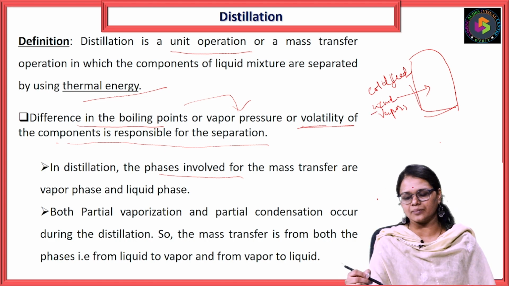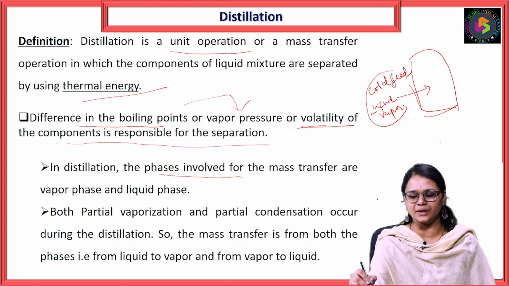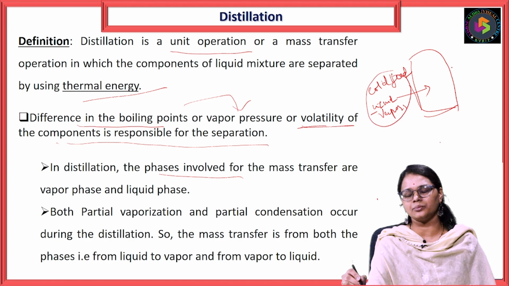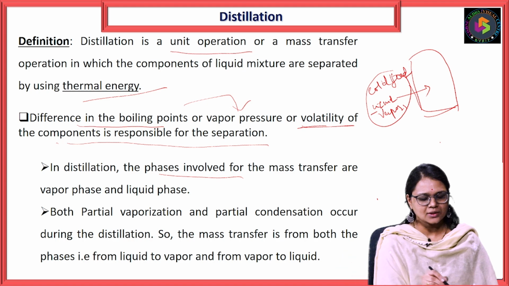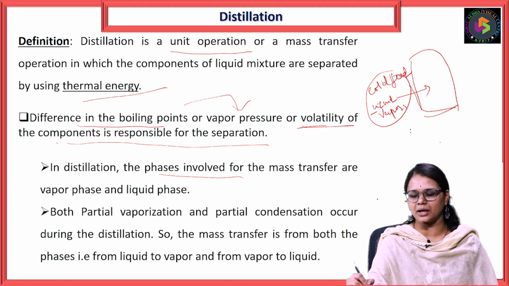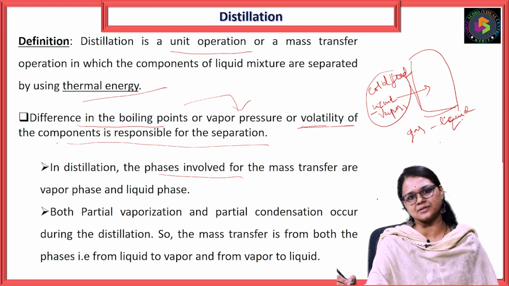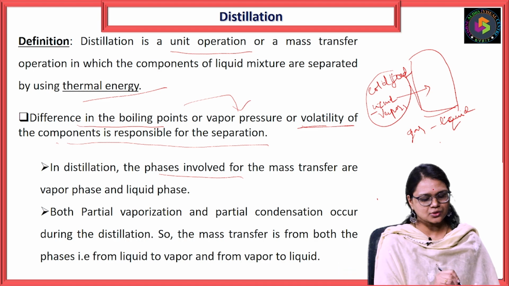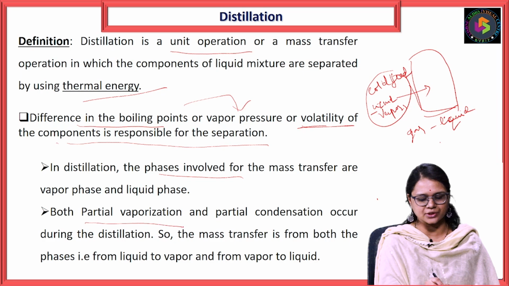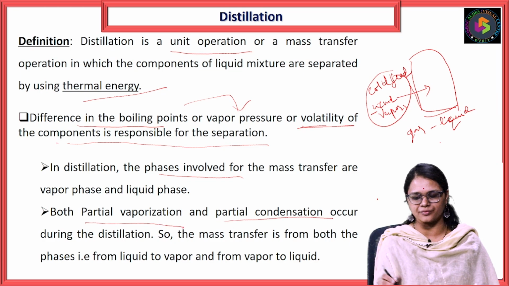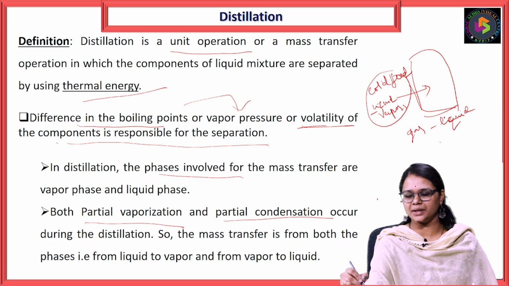So depending on the feed, inside the column you have to create certain thermal energy, so that one of the components, or two or more of the components, can be separated out. The two phases which are involved are the gas phase and the liquid phase. These are the two phases involved in distillation. And here we also have partial vaporization and partial condensation, because once we have